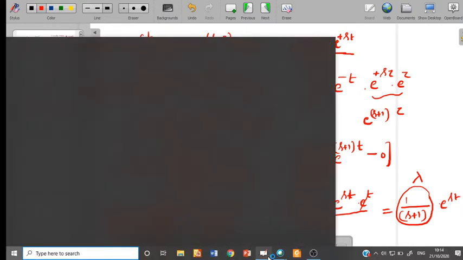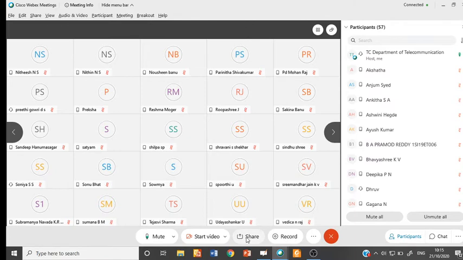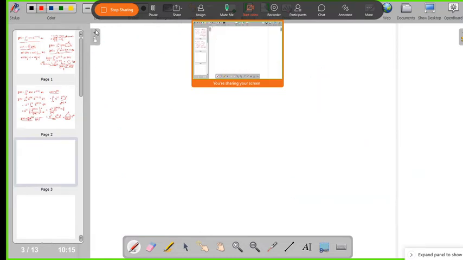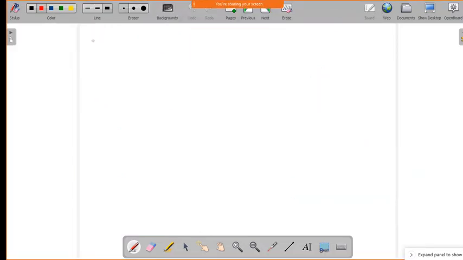Okay, so now we will continue to the properties of continuous LTI systems. Like the properties of systems, the properties of LTI systems are also important, and you need to know what all the properties of an LTI system are, in both the continuous as well as the discrete time domain.